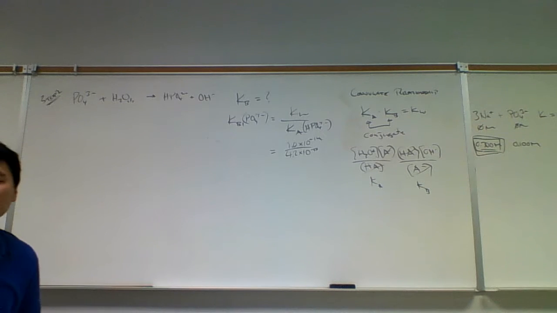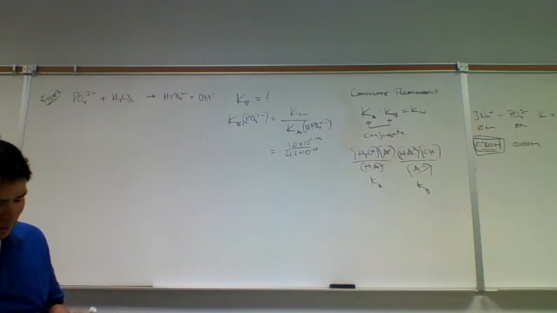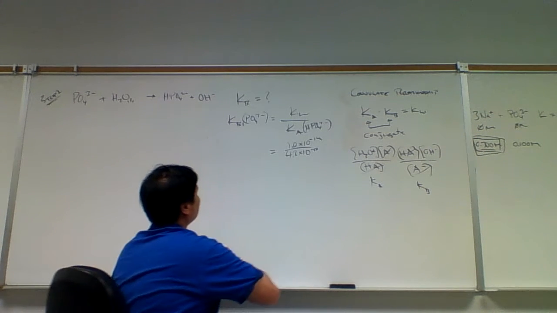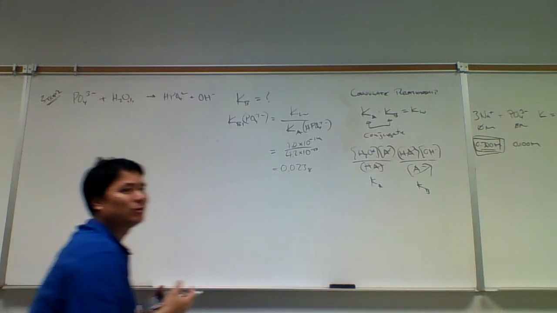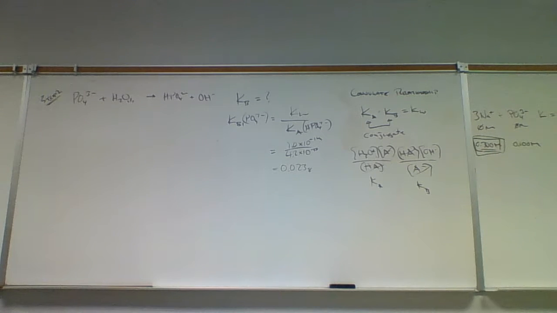And so what does this give us? Well, let's go ahead and punch this out. That's 1 times 10 to the negative 14 divided by 4.2 times 10 to the negative 13, which gives me 0.0238. Now, if you see a value of 0.0238, what do you think of that? Is that small? I mean, 0.0238 seems like a pretty small number, doesn't it? But this is a K, so if you see a K value of 0.0238, you would think small and insignificant